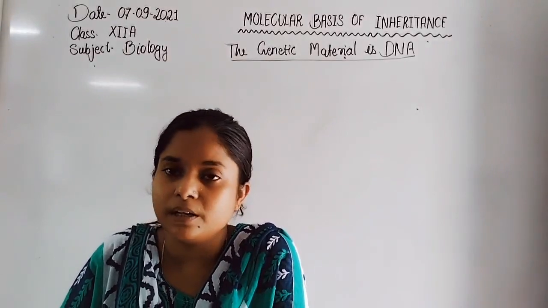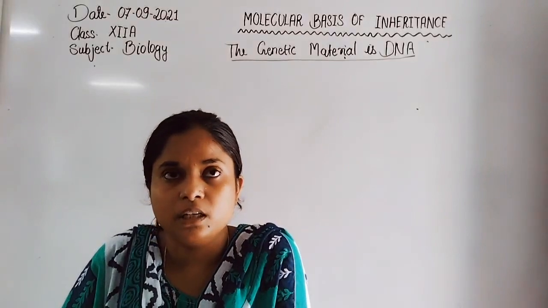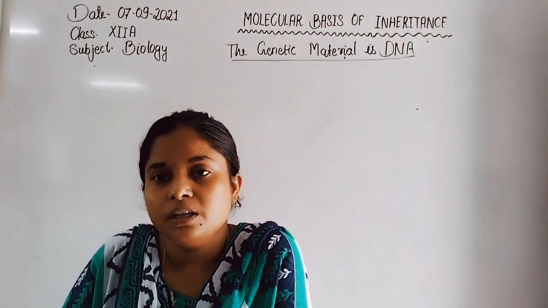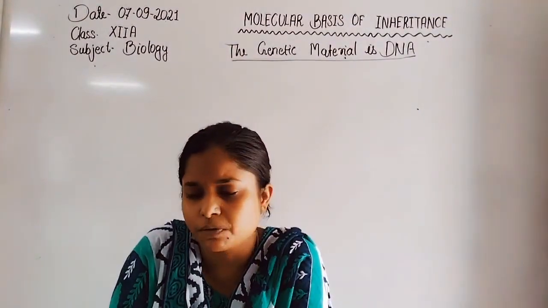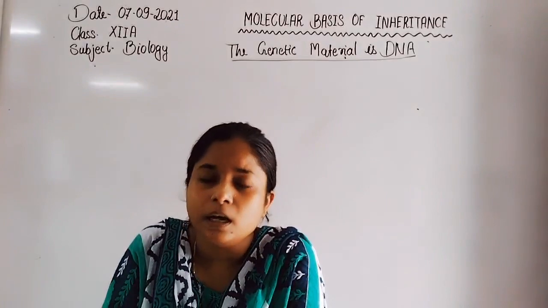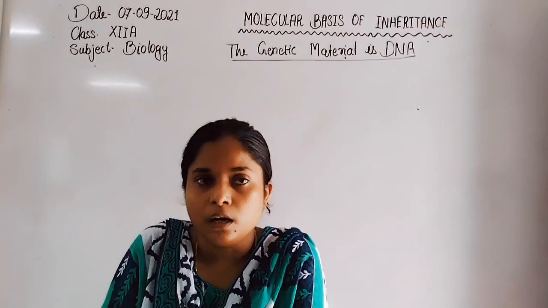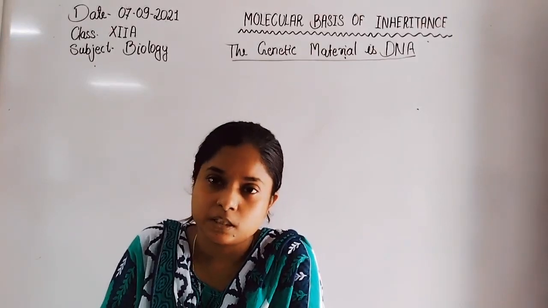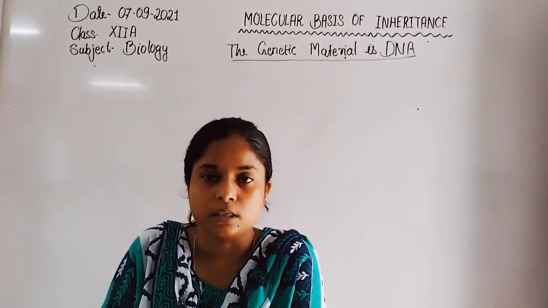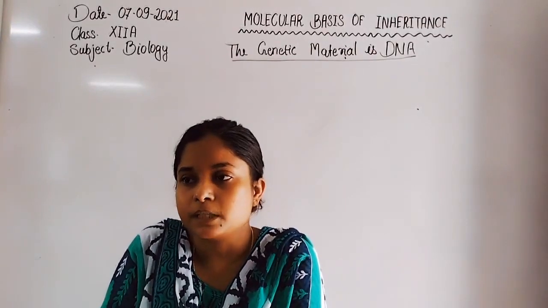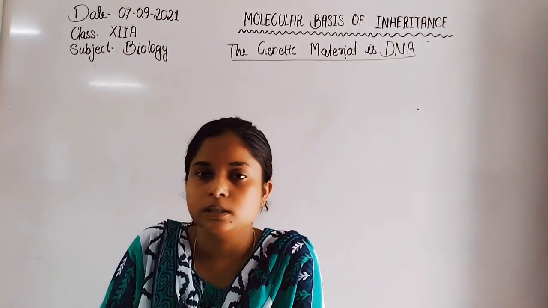Now, in the search for the genetic material, the Griffith experiment was done by Frederick Griffith in 1933, and he gave the transforming principle. According to the transforming principle, the R type strain in the presence of genetic material of the S type converted into the S type strain, that is, non-virulent converted into virulent. This was shown by the Griffith experiment, but the reason behind the transformation of these bacteria was not considered by Griffith.